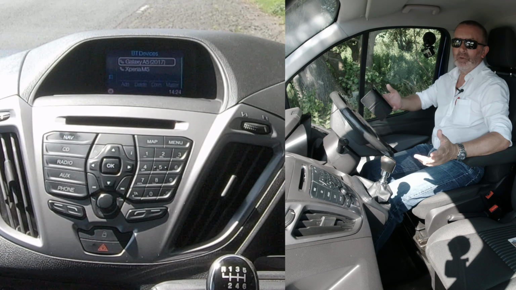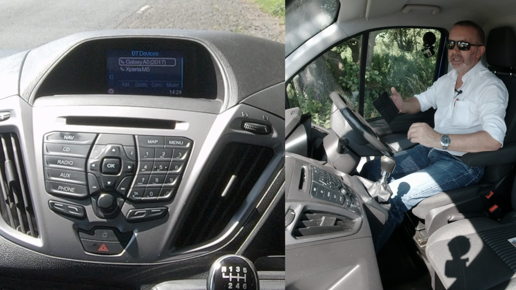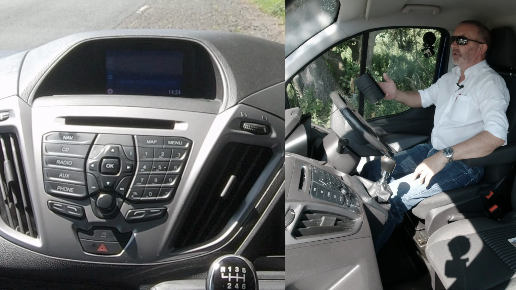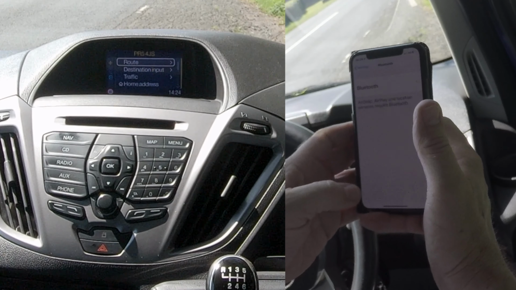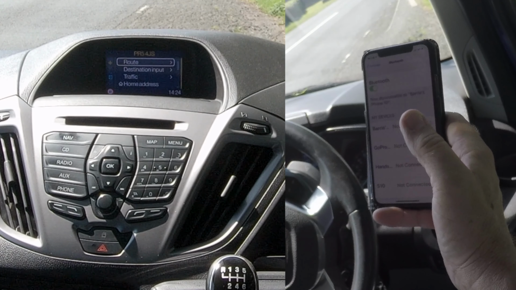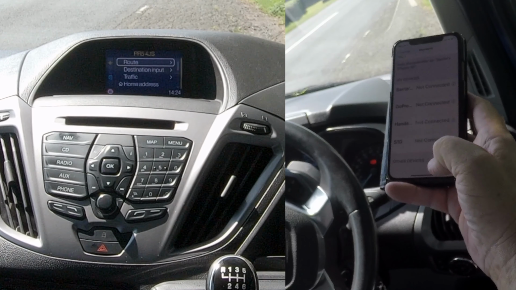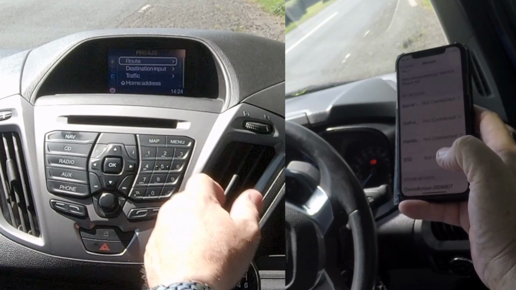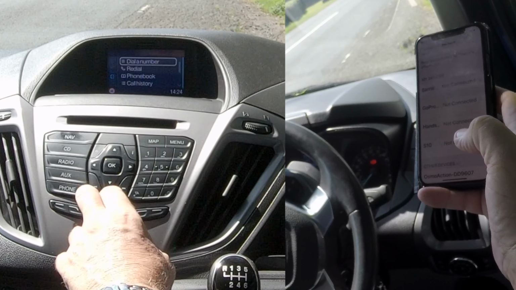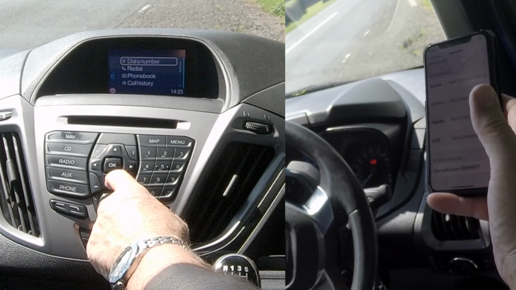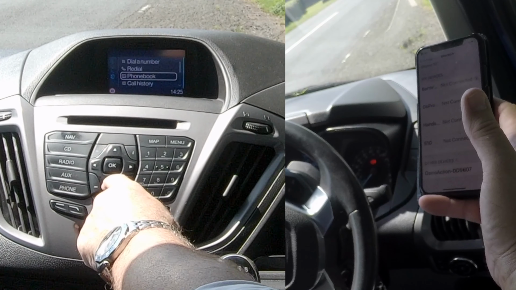I'll just show you how to pair a mobile to the Bluetooth audio system in this Ford Transit. So first thing we do is make sure Bluetooth is switched on. Sometimes it'll show up straight away, just at the bottom here, but we'll go to phone, click phone. You've got dial number, redial, phone, call history. Don't want any of those, so just down,